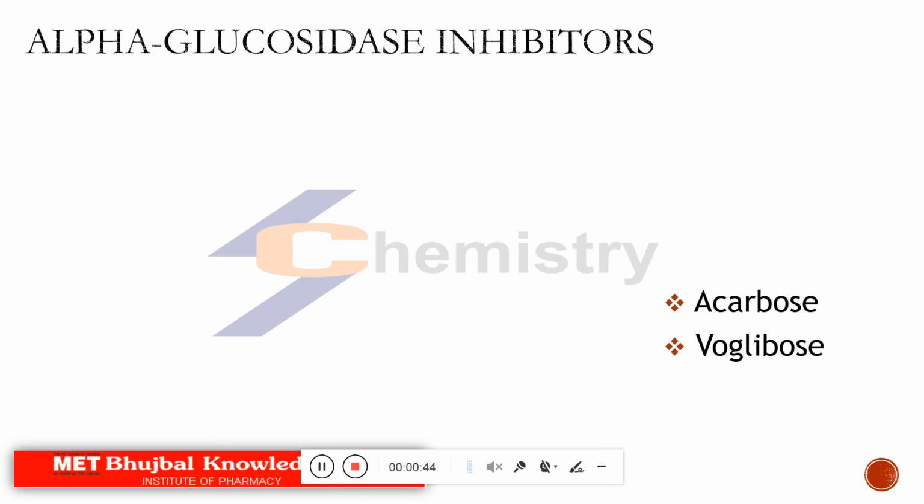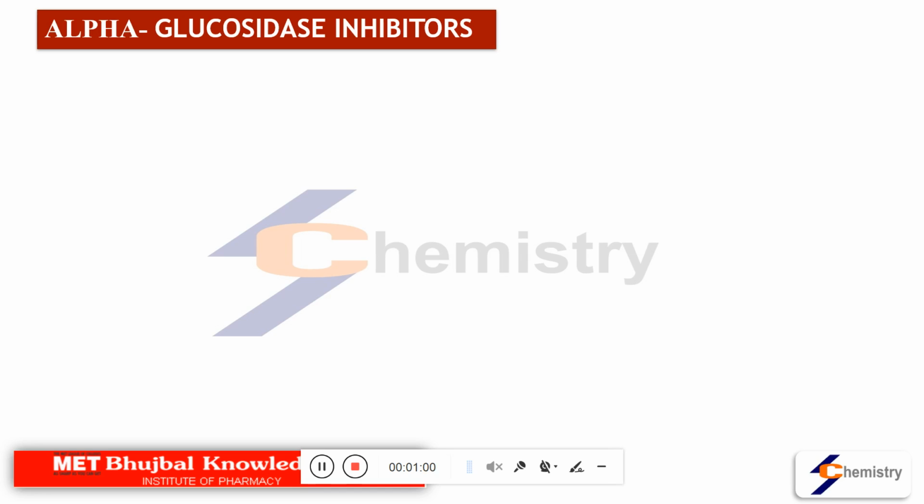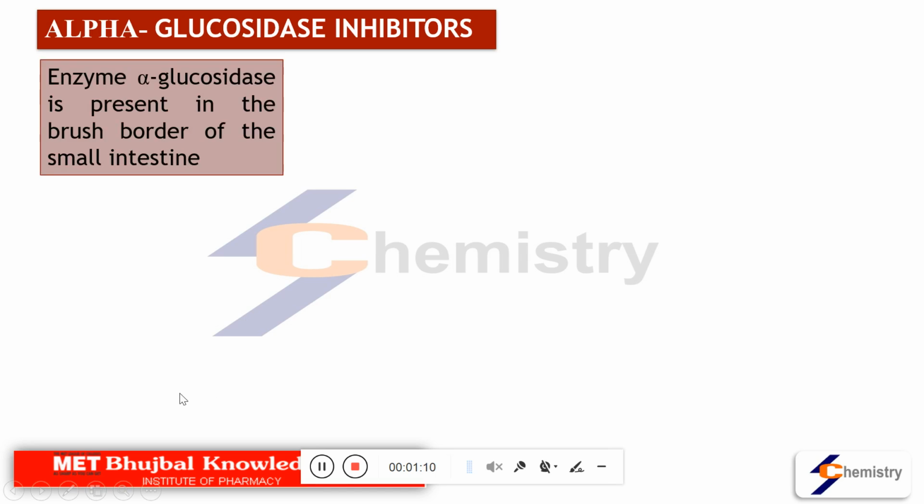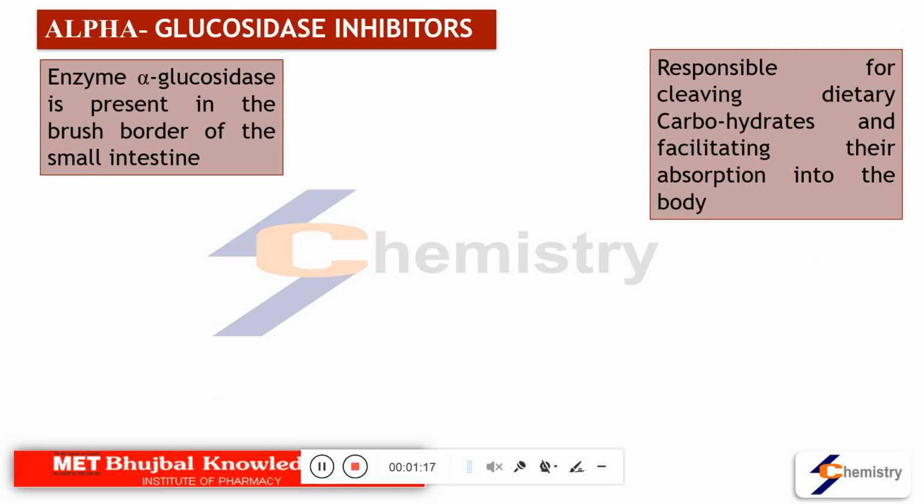Now the name itself is explanatory over here also. Acarbose means a drug that does not allow carbohydrate. These two drugs act as competitive inhibitors for the alpha glucosidase enzyme, and I already told you in the beginning video, when we were talking about the classification of drugs, that this enzyme is present particularly in the intestine, that is, the brush border of the small intestine, and the role of this enzyme is to produce breakdown of larger